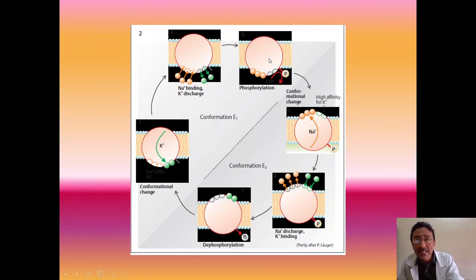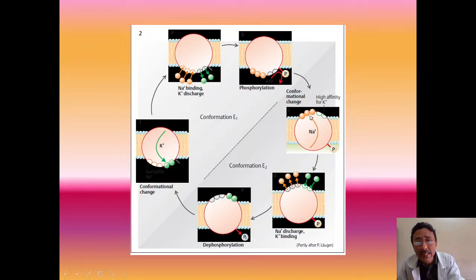Now here in the first step, there is a binding site. The sodium ions are coming and binding on the inside of this pump, on the binding site of this pump. As soon as this binding of the sodium ions takes place inside, the ATPase enzyme is activated here. If you see in these blue lines, once this ATPase enzyme gets activated, it breaks down the ATP and gets phosphorylated and releases a high energy bond.